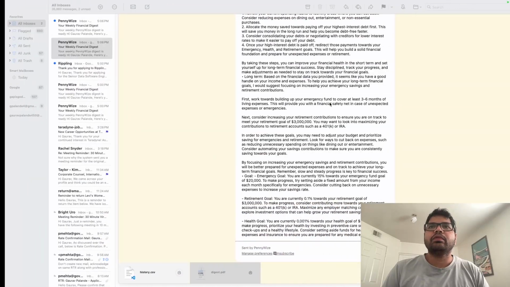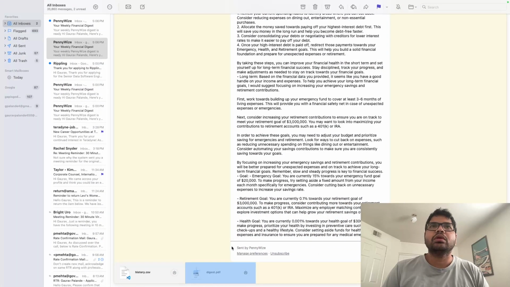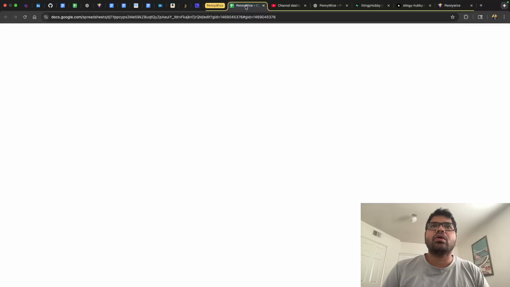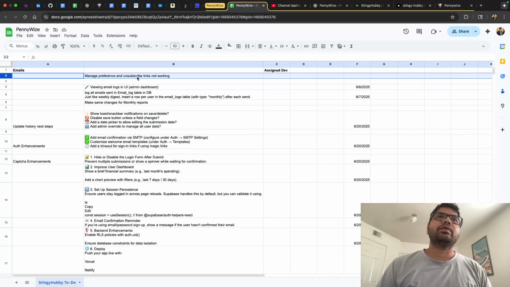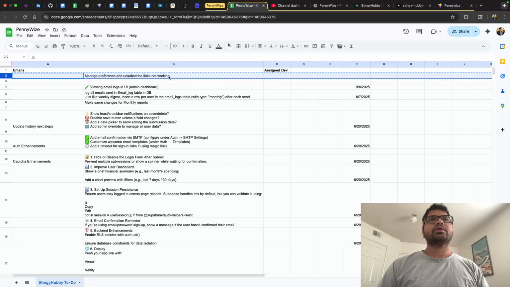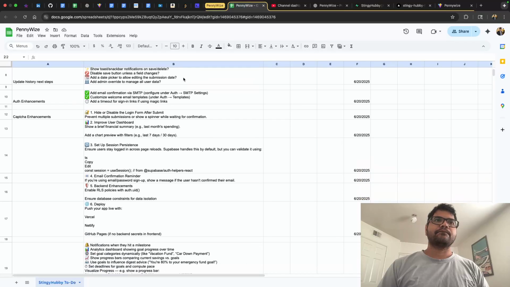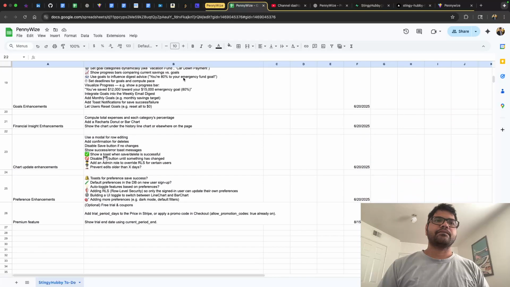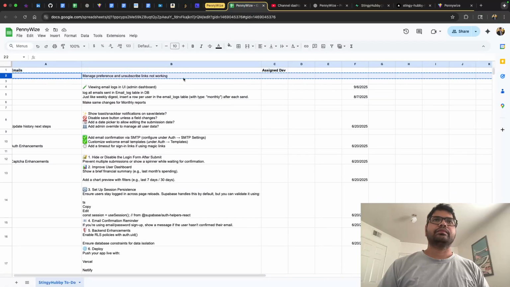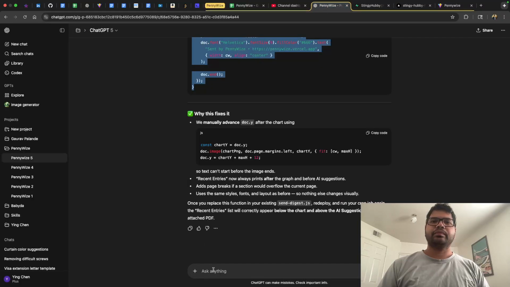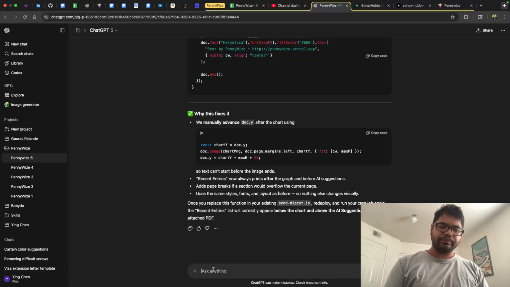So let me see, we want to have this feature enabled, so let me copy this issue, manage preference and unsubscribe links not working. So we would just do that. So I would say in the emails,